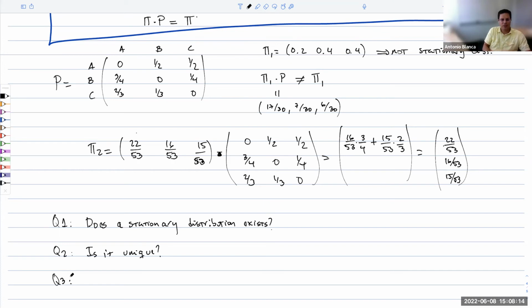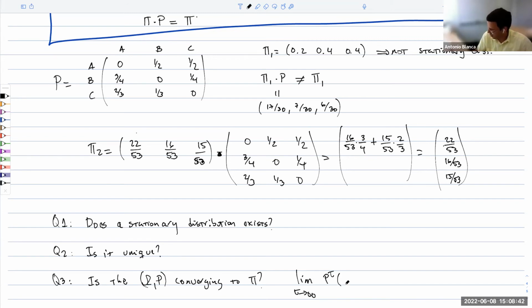Is the Markov chain converging? What I mean by that is, for example, if you take the limit as t goes to infinity of, let's say, pt of phi equals